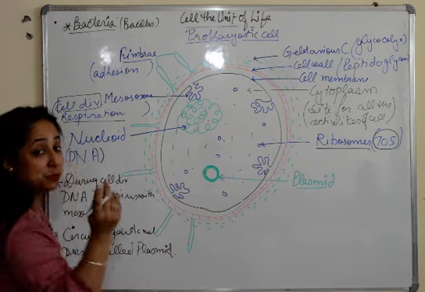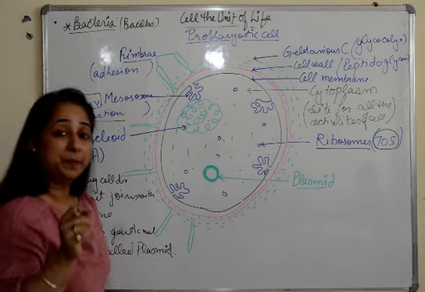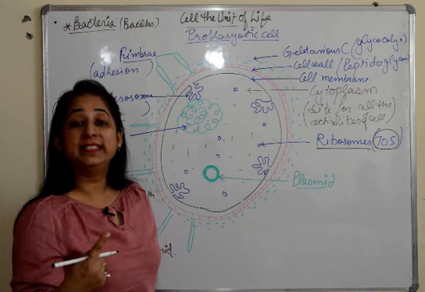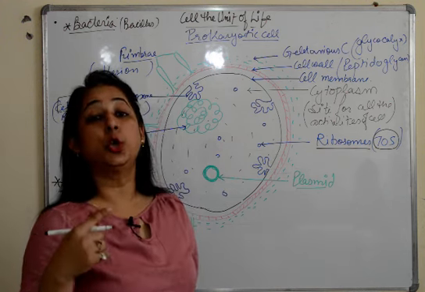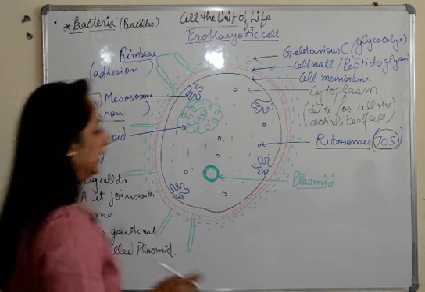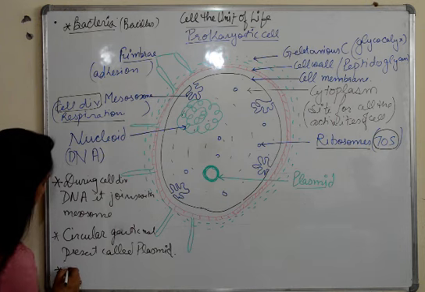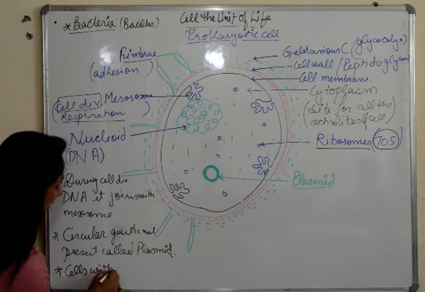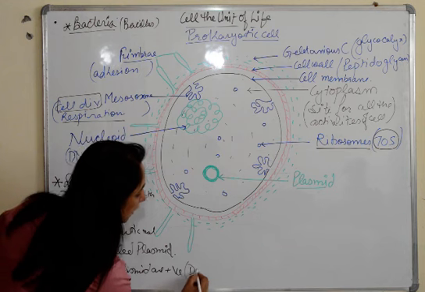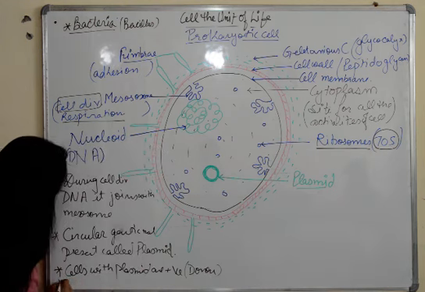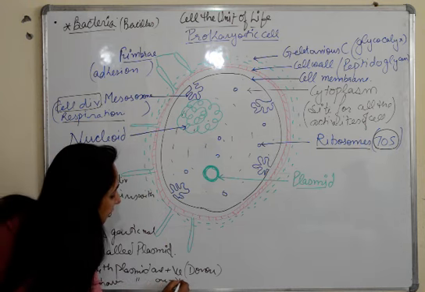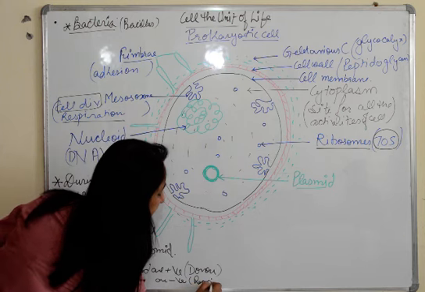Now with plasmids there is also a very important scenario here. The bacterial cells which have plasmids present in them are known as positive strains, or are also known as donors. You can say that they are considered as males of the bacteria cell. So I'll just write it here. The cells with plasmid are positive cells, also known as donors, and the ones which do not have plasmids are negative and are called recipients.